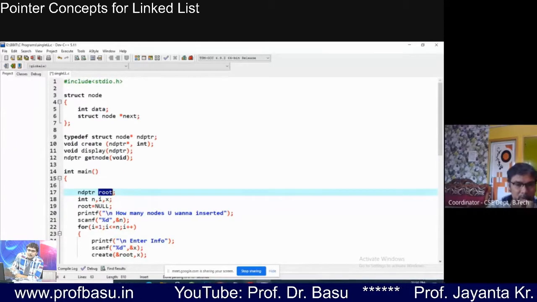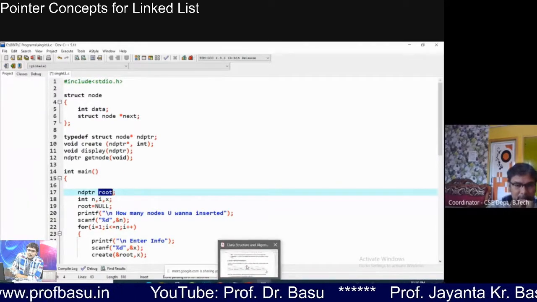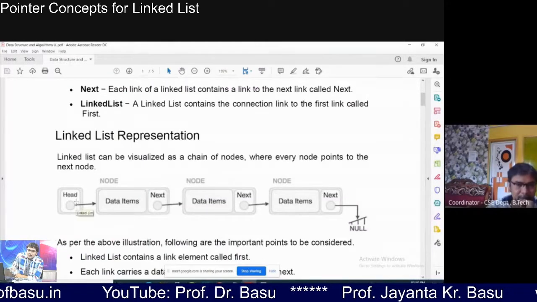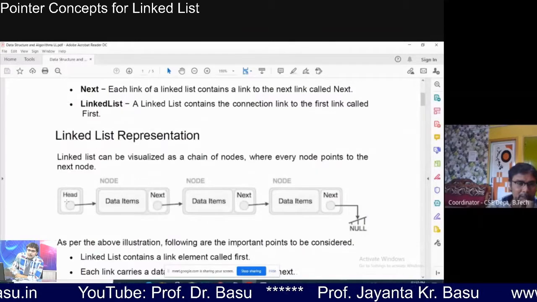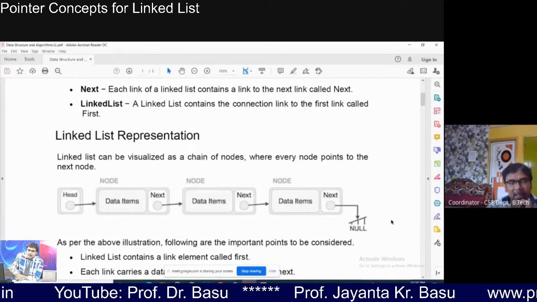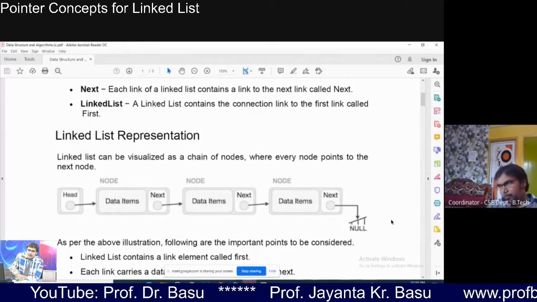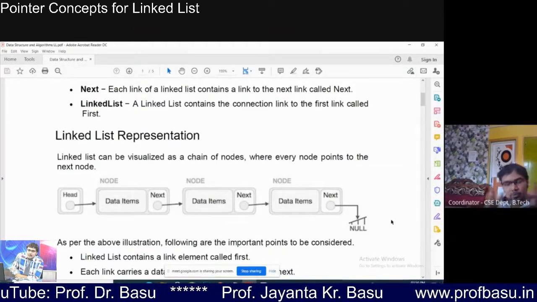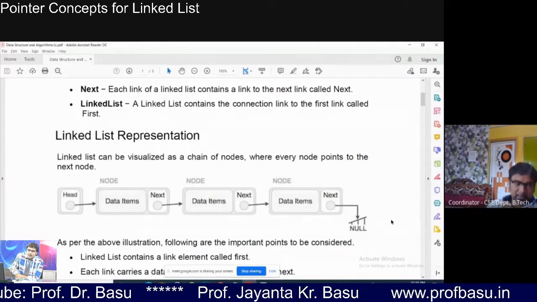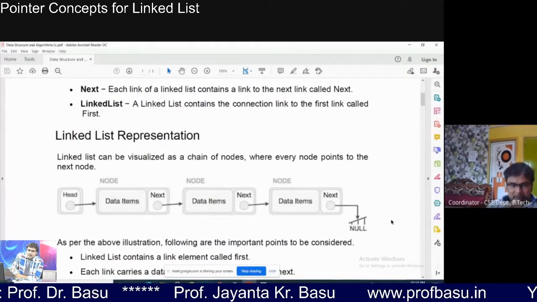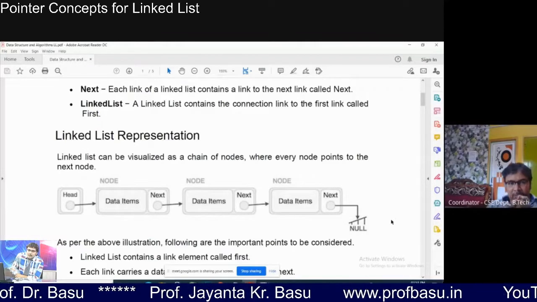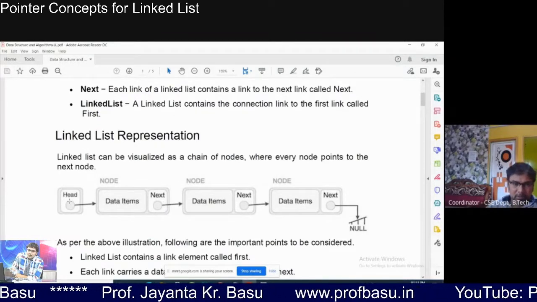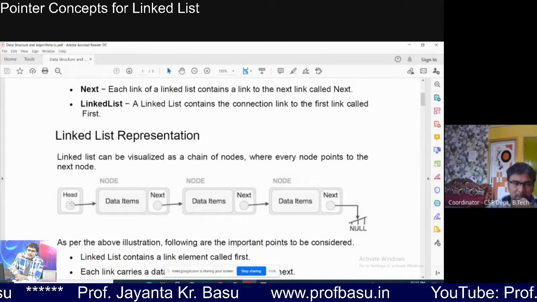So here root, or in your algorithm head, is the same. I don't prefer to call it head, because head and tail are mainly useful for a queue, not for a linked list. Most books generally follow the term root.